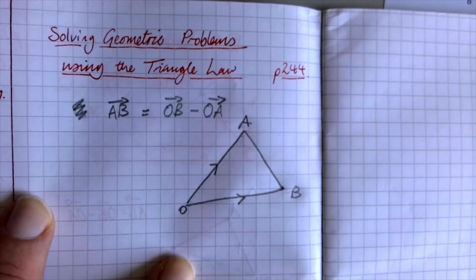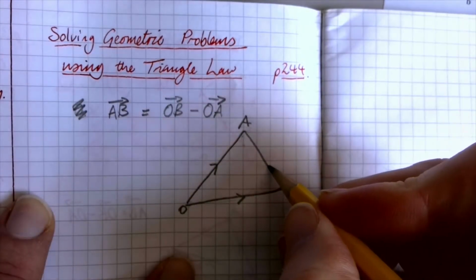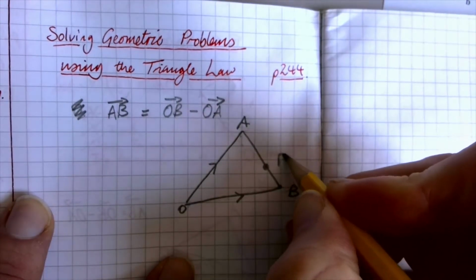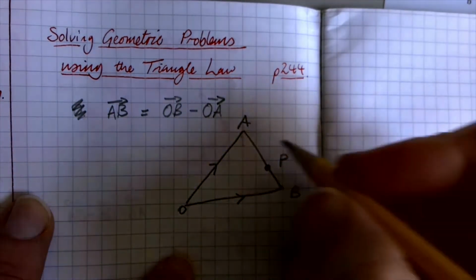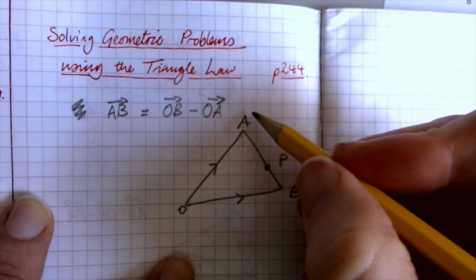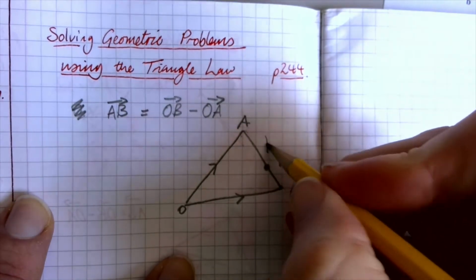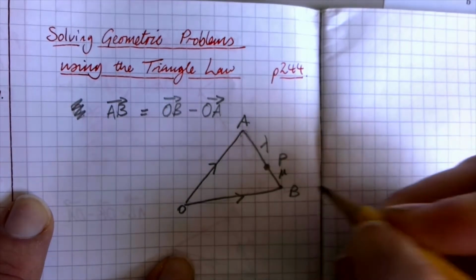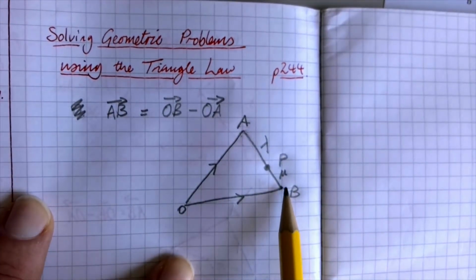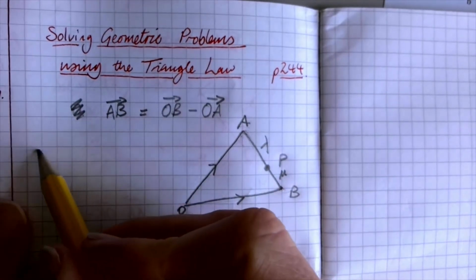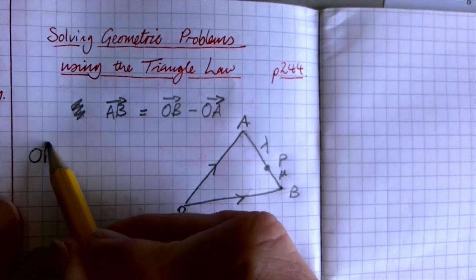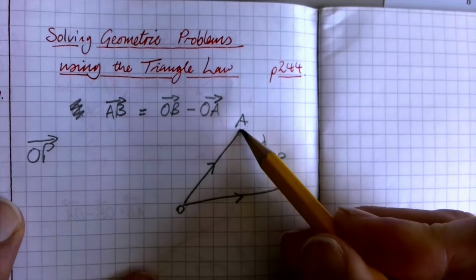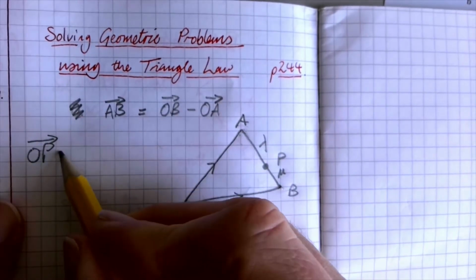And what we were talking about is what then happens if you get something that's on here in a ratio where you've got this part here having one length and this part here having another length. And what it's saying is, if I want to know the position vector of that point P, I'm going to need to go up there and then down there, which is going to look like